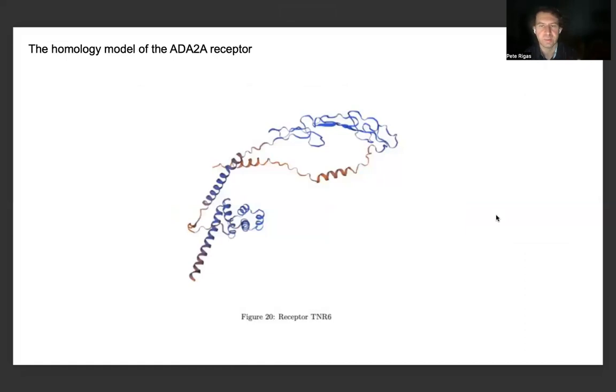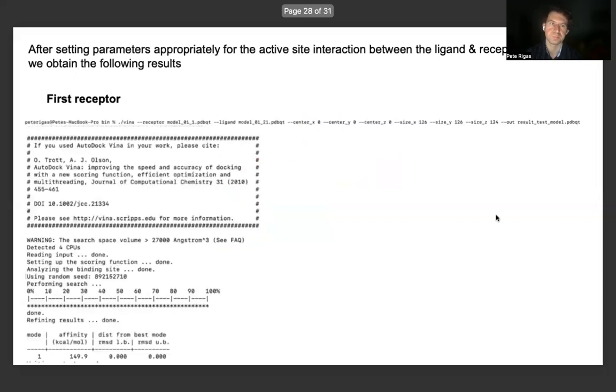And this is just, again, providing, as we did in the previous case, an image of the TNR6 receptor in the homology model that we obtained from the Swiss homology model to obtain a PDB file that we used to obtain a PDB-QT file that was fed into AutoDock Vina in the corresponding 9 conformations that we had produced and described in the previous slide. And after setting the parameters appropriately for the active site between the interaction between the ligand and receptors, we can